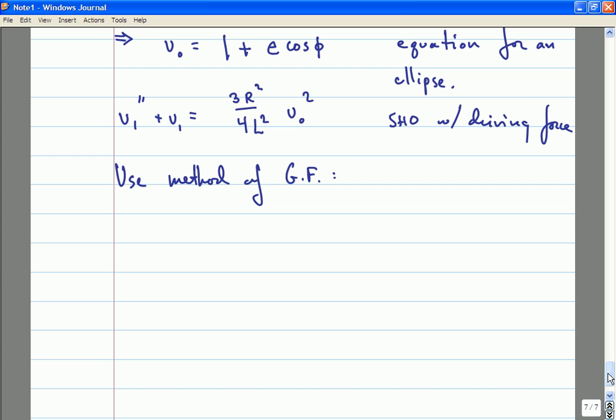And then the full solution is found by integrating that delta function source, by viewing the right-hand side over here as the sum of a bunch of delta function sources, which means that we need to integrate the Green's function times the driving force, 3r squared over 4l squared, times u0 squared. So we need to integrate d phi